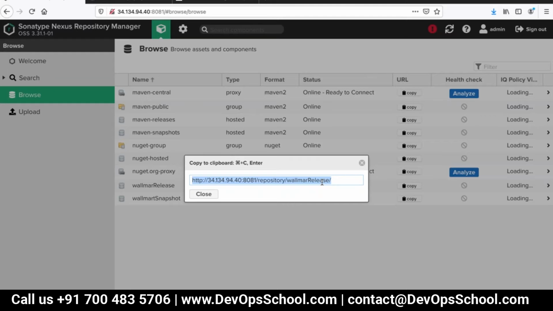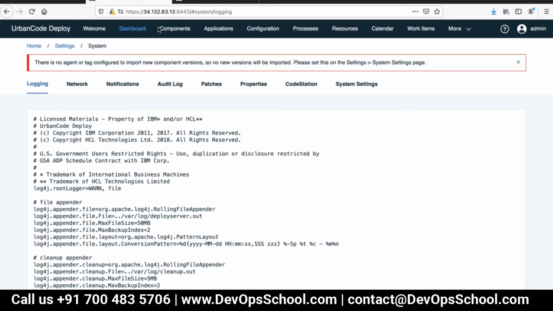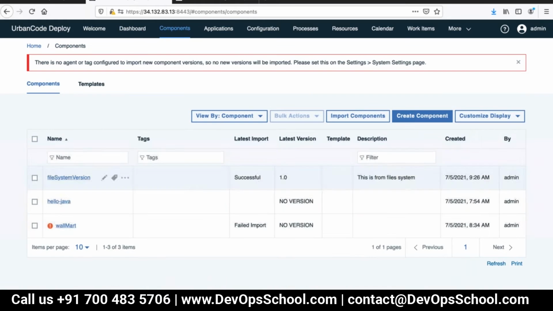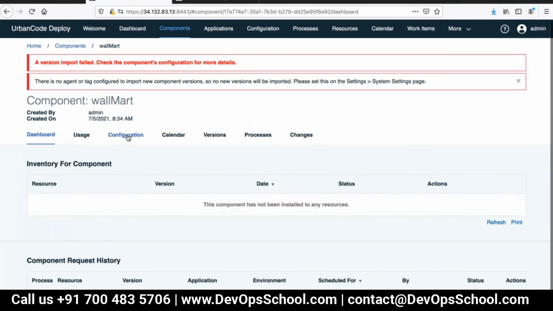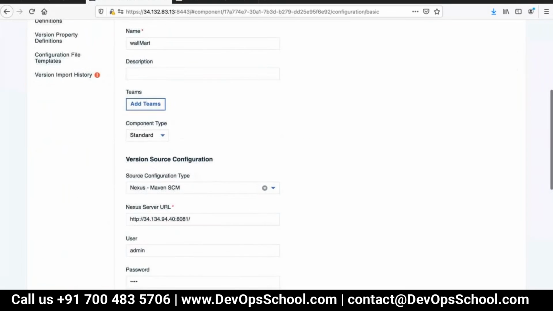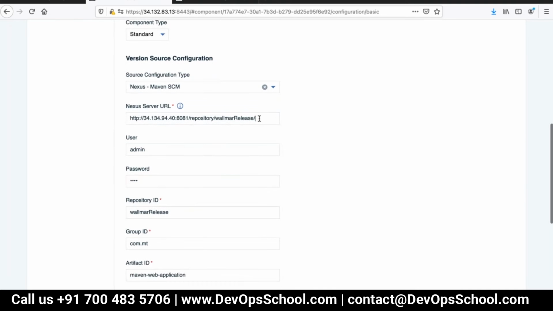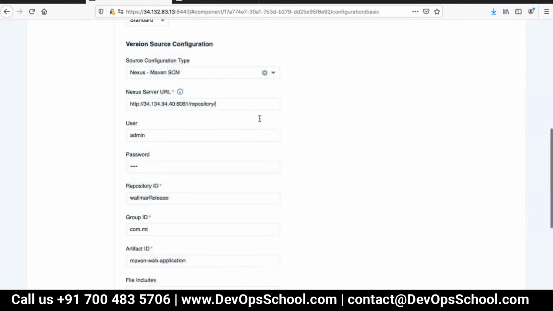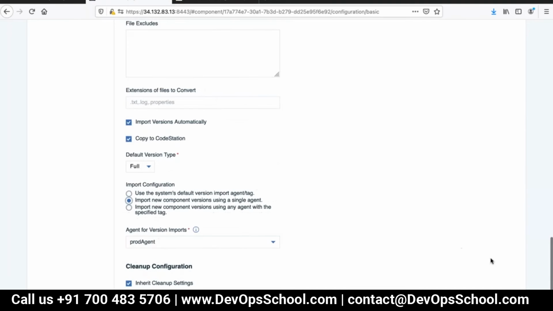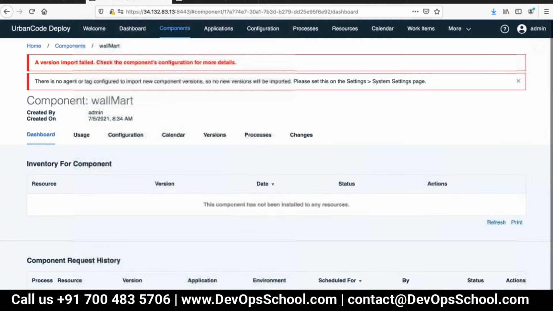Okay, copy this one. Go to the Urban Code component and paste it there. Delete the Walmart release. Now save. Now Walmart release, everything will come like that.